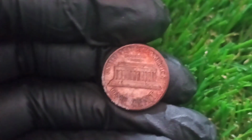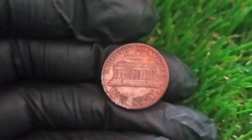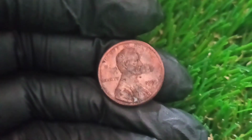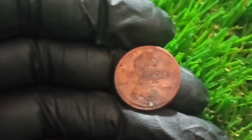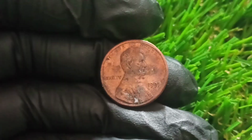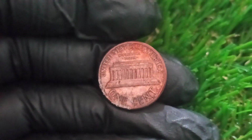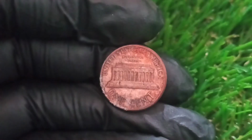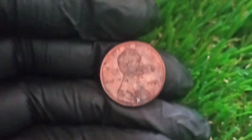And today we are diving deep into a mind-blowing story that sounds more like a legend than reality, a tale so extraordinary, so packed with jaw-dropping anomalies, historical mysteries, and minting miracles that it defies logic and reshapes our understanding of what is possible in the world of numismatics, because we are talking about a coin that started its life as just another 1-cent piece, struck in the billions during a fairly routine year of minting, a coin that millions of people likely passed over without a second thought, tossed into pockets, cash drawers, and piggy banks, until one astonishing